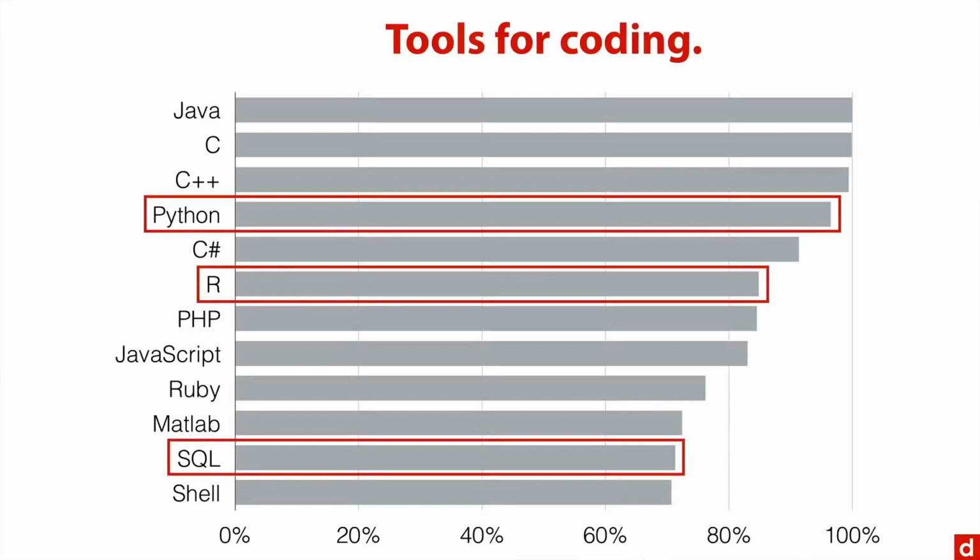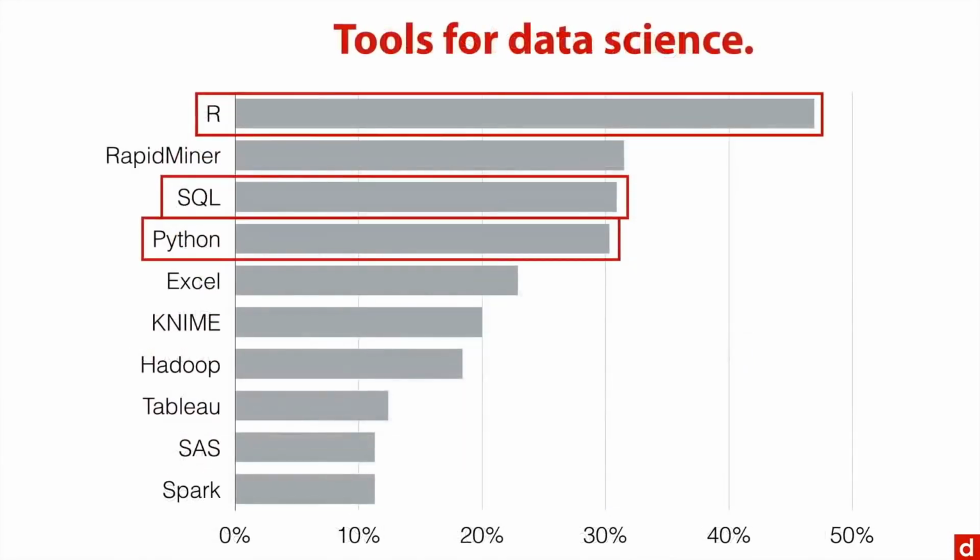So let's take a look at a different list of most popular tools for data science. And you see that things move around a little bit. Now R's at the top, SQL's there, Python's there. But for me, what's the most interesting on this list is that Excel is number 5, which would never be considered programming per se, but is in fact a very important tool for data science. And that's one of the ways that we can compare and contrast computer programming with data science.